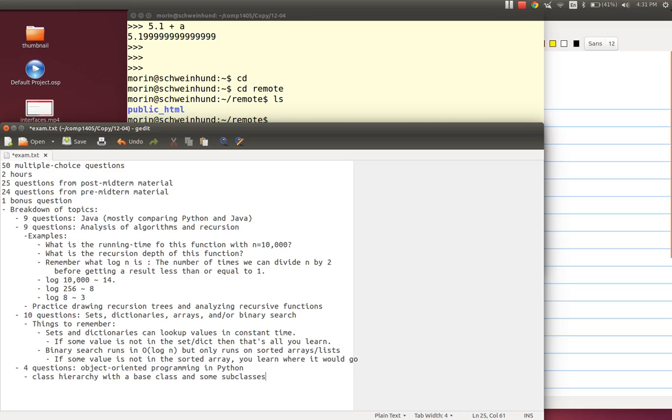So where you have something like the person class and then the musician, which is a kind of person, or the employee, which is a kind of person. And knowing, if I make a musician and I call its string function, what exactly gets executed? Where is that function defined? Is it defined up in the person class, or is it defined down in the musician class? That sort of thing.